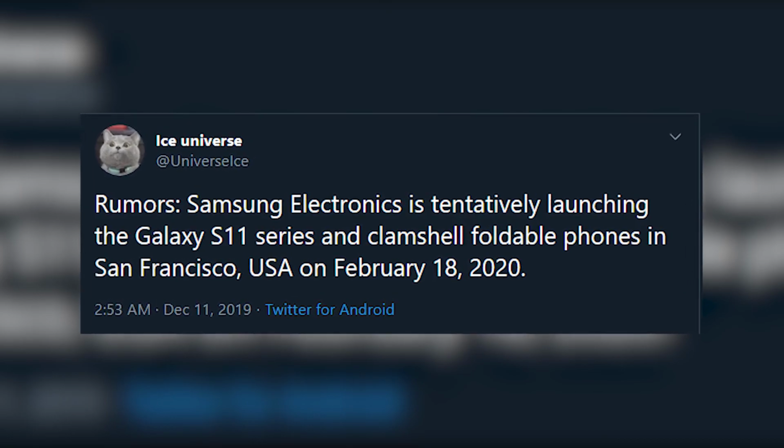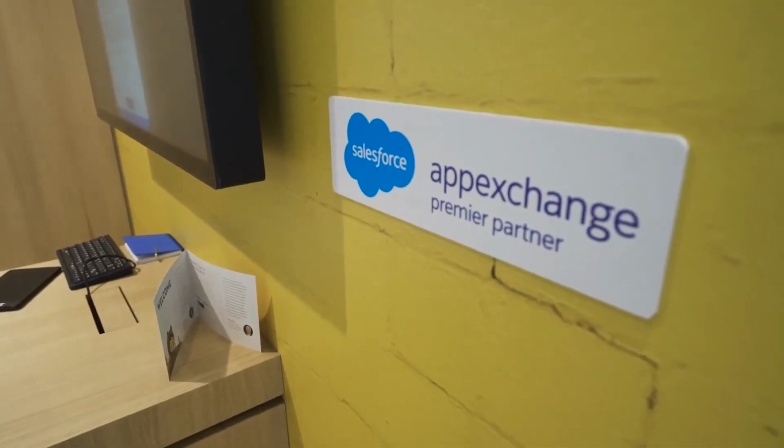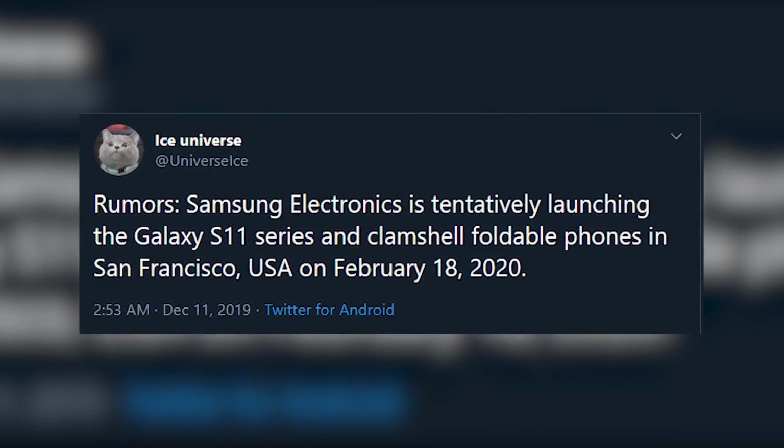Alright, so reveal date. According to Ice Universe, it's the 18th of February. And it's gonna be in San Francisco, so for the second year in a row, it's gonna be in a separate event, days before Mobile World Congress. The interesting thing is, we may see a foldable phone from Samsung launching alongside the S11 family, but that's a